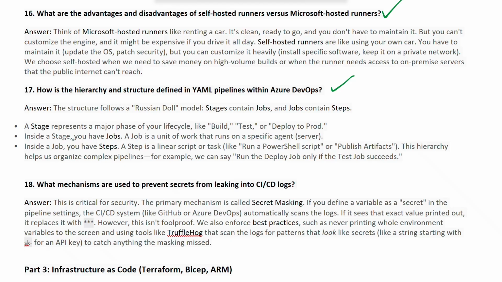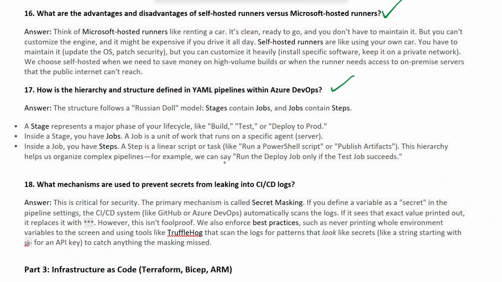And then inside a stage, you have jobs. A job is a unit of work that runs on a specific agent, we can say server. And then inside a job, we have the actual steps. The steps are a linear script or a task, like running some PowerShell script or pushing some artifacts to the registry. This hierarchy will help us organize complex pipelines.